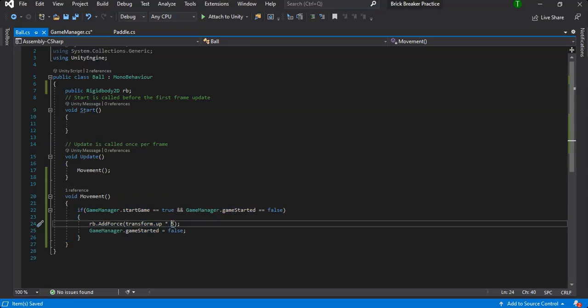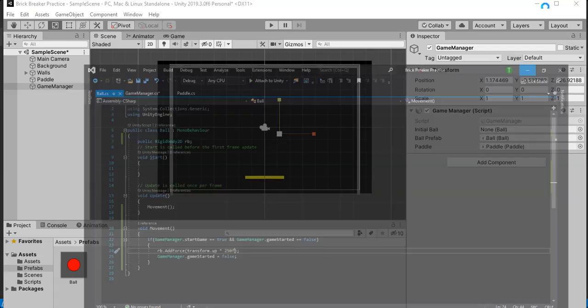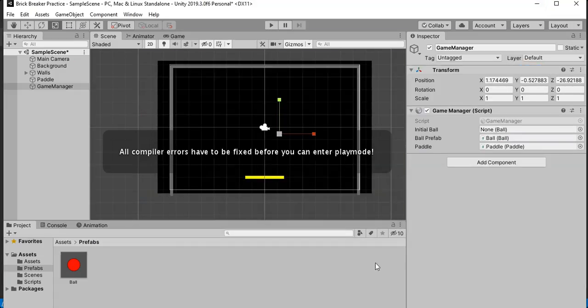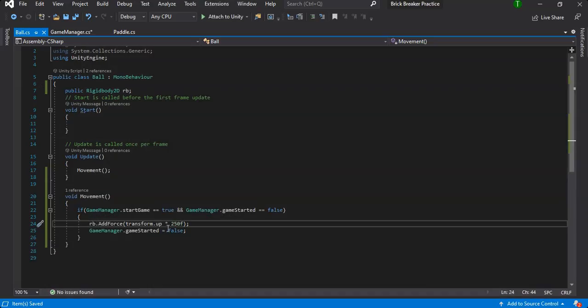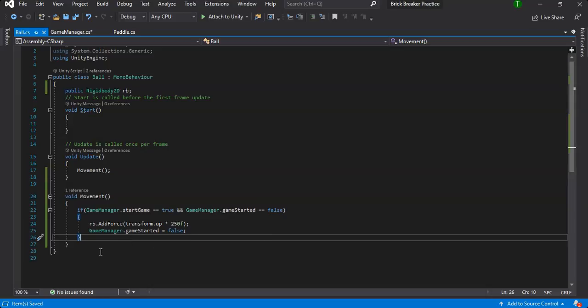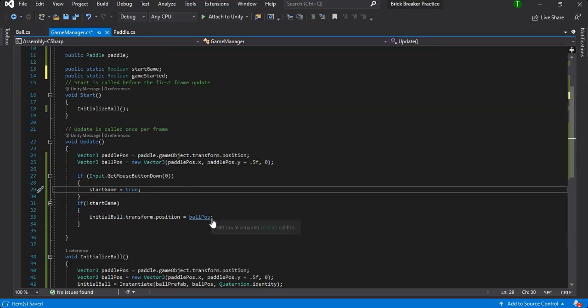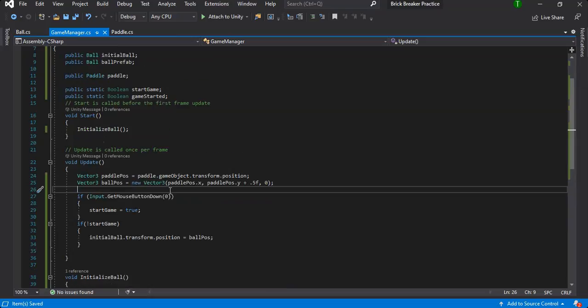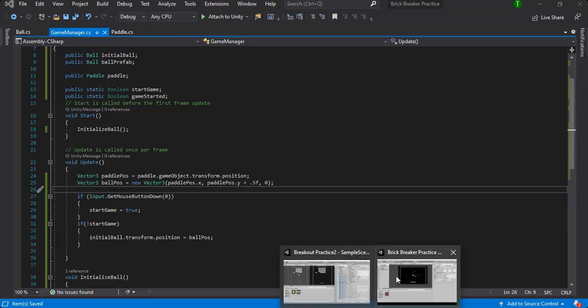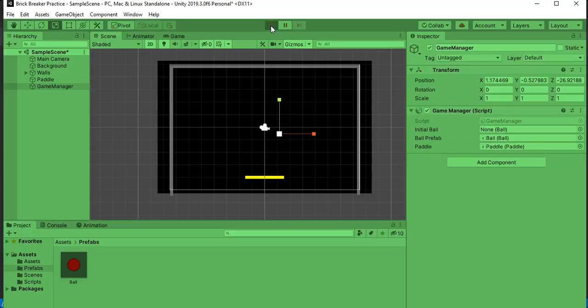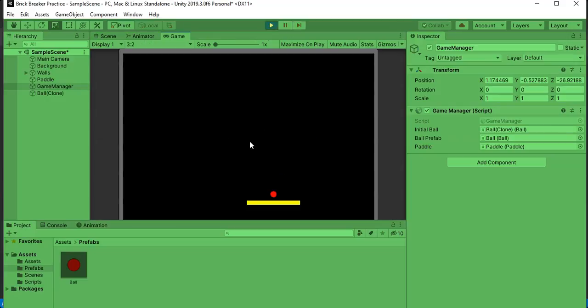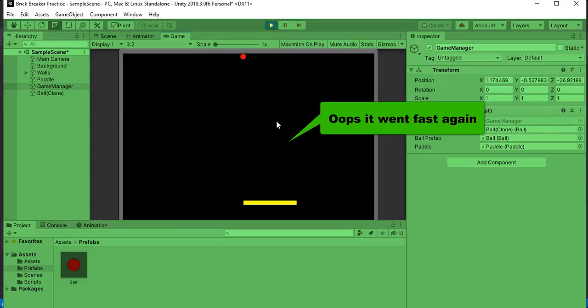Now you need to increase this force by quite a bit. I'm going to do 250. F should be a float, and that will only happen one time as opposed to the 5 that was happening over and over again. And do Control S to make sure you save. That way, when you click,